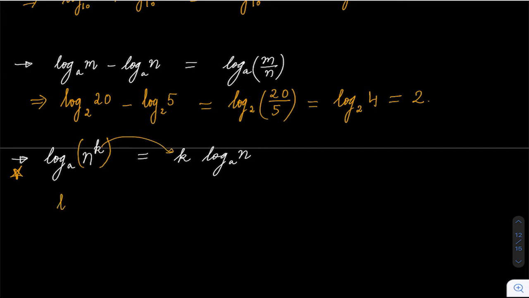So for example, if I take an example, you can take log 16 base 2. Anyways we know this is nothing but 4, because 2 raised to power 4 is 16. So this answer is 4. Now I'm just using this law to explain to you how to simplify this. So log 16 can be written as 2 power 4. And now this number has exponent 4, so you can bring this 4 outside. So it comes out to be like this, and log 2 base 2 is 1.